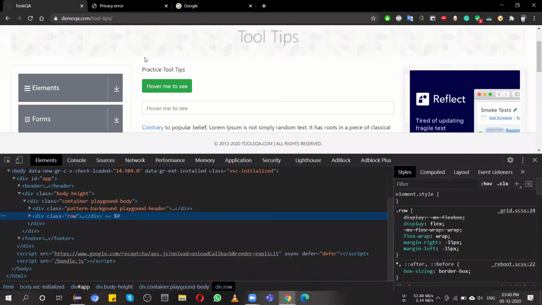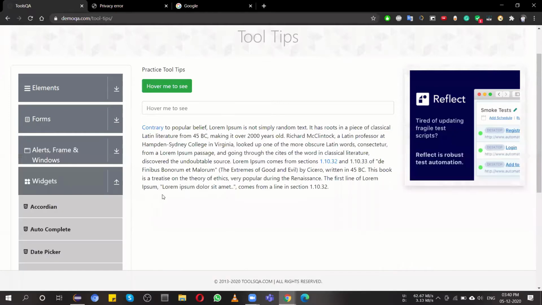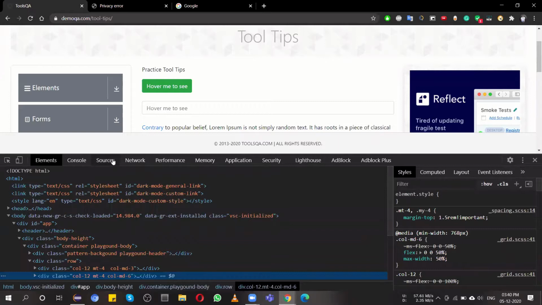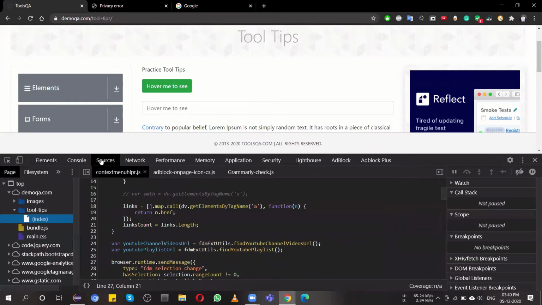So for this, you have to right click, inspect, and then go to Sources. The third tab: Elements, Console, and Sources. Here, as I mouse over, you'll be able to see a pause button coming also. The shortcut for it is Control plus backslash, or F8.